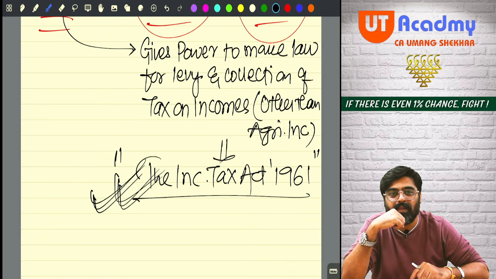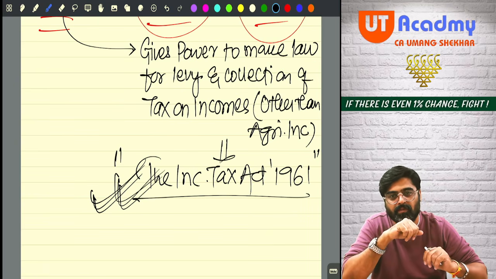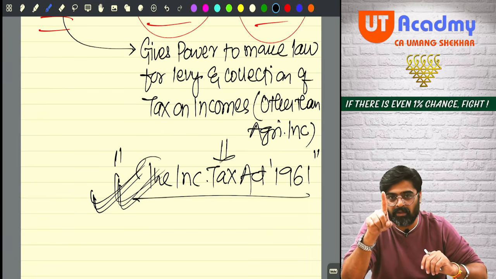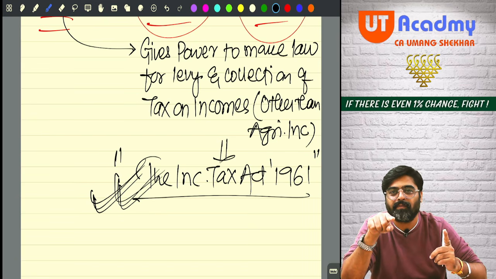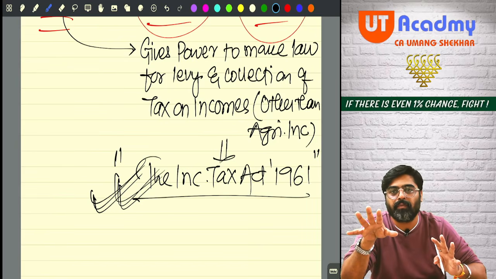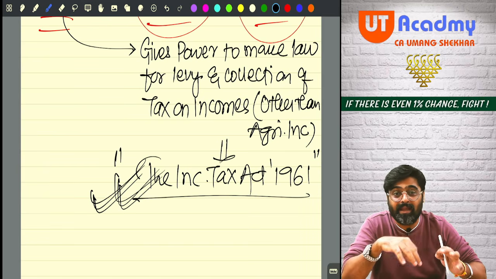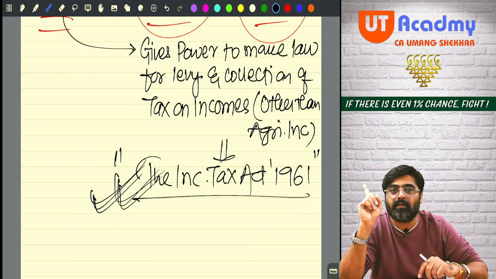Got it? Everyone? So if you would have studied your Income Tax Act earlier from someone else, I don't think that you all must be aware about these things. In my first lecture itself, I am showing you what I can teach. So this speaks about the quality which I am going to deliver to you. And in my subsequent lectures, I promise you, you'll fall in love with this subject. That is my guarantee to you.